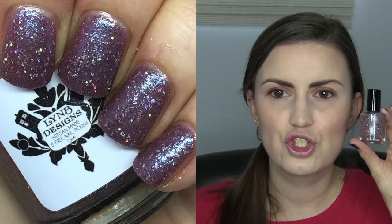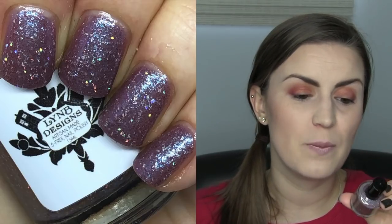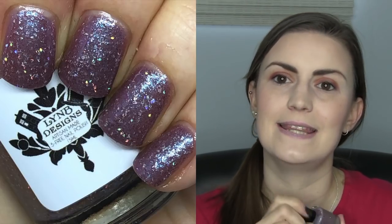I have two by Lyn B Designs. The first one is called Obliviate, and this is kind of like a puttyish colour with a strong light blue flash, and then we also have silver holographic flakies in here. Again, with the spells you can kind of go whichever way you'd like to with it. I think this works well, and I think that the flakies work really well,